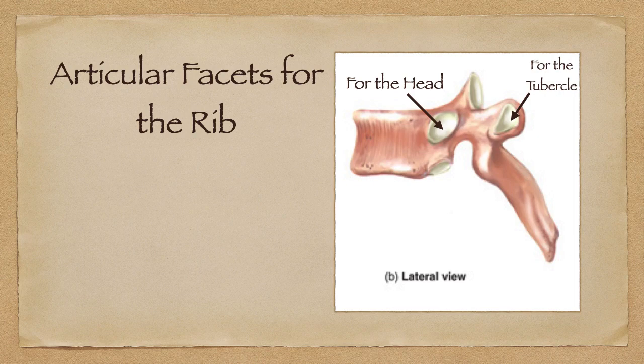There are times when I'm pointing here and people get confused. They think I'm pointing to the transverse process. I'd point really to the other side of the bone to get you to say that. If I'm pointing into a little facet, you should be able to tell whether it's one or the other. Notice also, if you look where the facet is for the head of the rib, right below it, there's a little facet. And one of the things you should know in case you look at other resources, I don't make a big deal about this, but other people make a big deal about this,